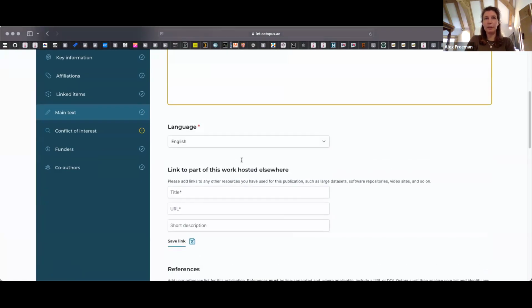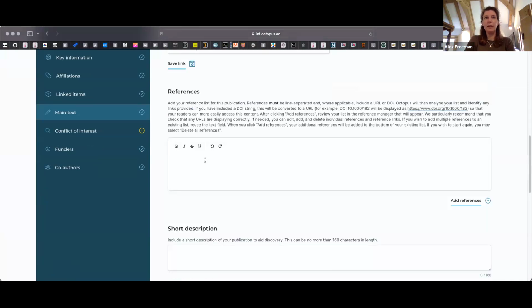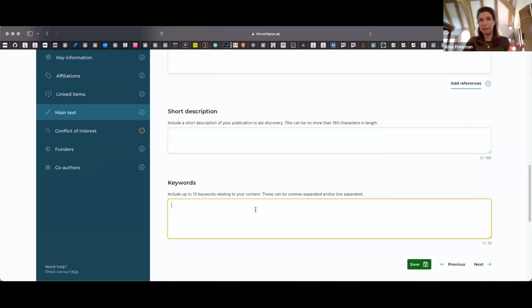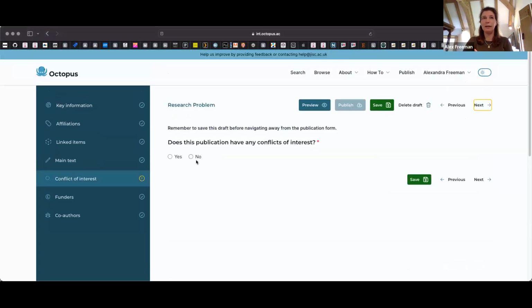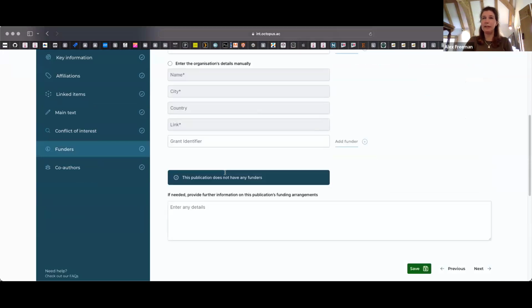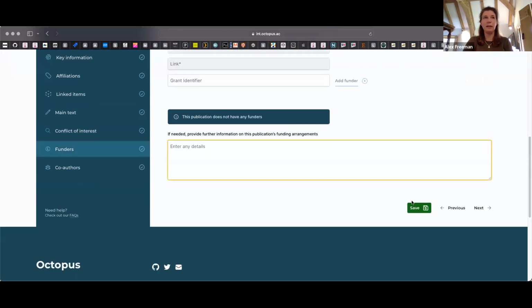If I were entirely prepared, I'd have shown you how to put references in, but you basically paste your reference list in here. And when you do that, it instantly formats them and pulls out the DOIs and all of that sort of thing. So it's got quite a nice system for references. You put in a short description, you put in some keywords. Again, I'm not going to bother with things that you don't need to worry about. You put in any details of funding to make sure that your funder knows